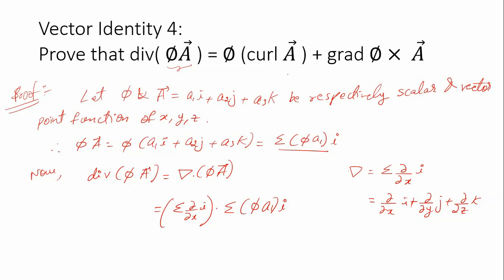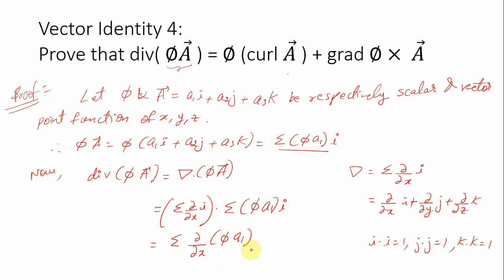So I will take the summation outside. So this is going to give you summation, which is common, I have taken here, students. This will be written as ∂/∂x of φa1. Please remember here i into i is equal to 1, j into j automatically will become 1, k into k is always 1. So therefore, if you simplify this